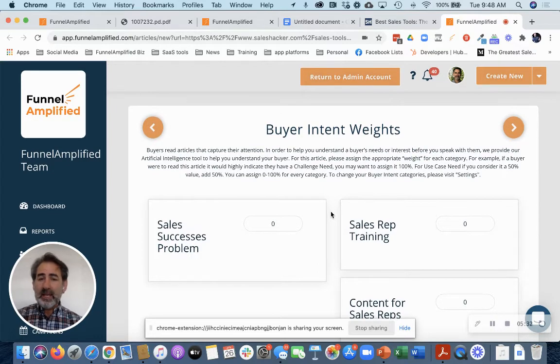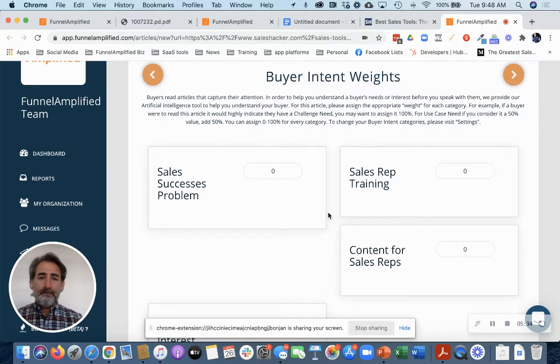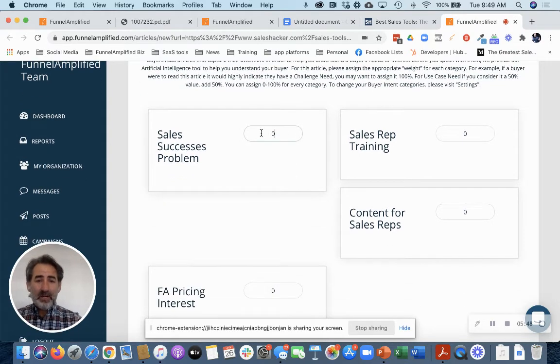But basically it's saying, hey, with this article, and somebody's reading it, why are they reading it? How important is it? This is really the data that's going to trigger the artificial intelligence and create the buyer intent for you. So in this case, I'm going to say for this type of thing, it's 100% about a sales success problem. It means if they're looking at this article about tools, they probably have a challenge, something that